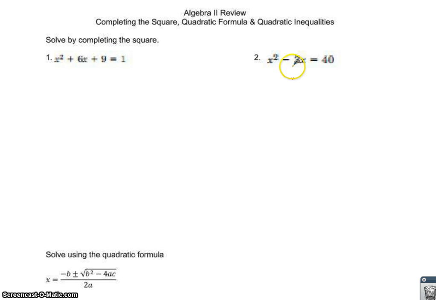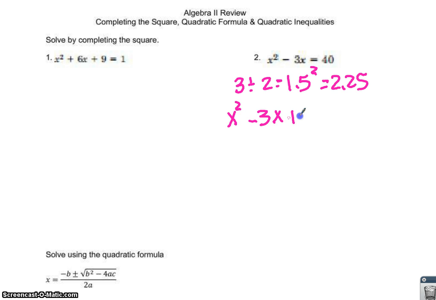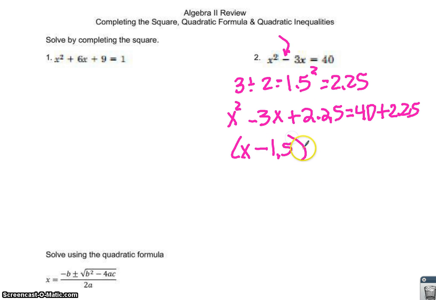So looking at number 2, it's already got the constant on the right, so we're good to go. 3 divided by 2 is equal to 1.5. Square that and you get 2.25. That is going to get added to both sides, so it becomes x squared minus 3x plus 2.25 equals 40 plus 2.25. Rewrite the left. This one is x minus, because of the minus in the original problem, 1.5 because that's what we squared, and then put a squared on the outside. Equals